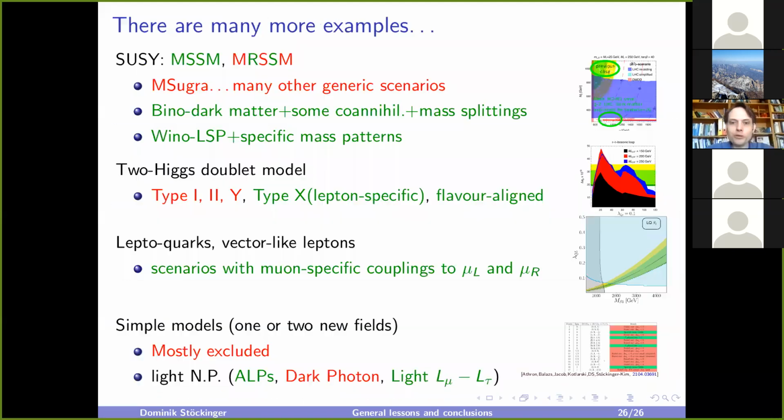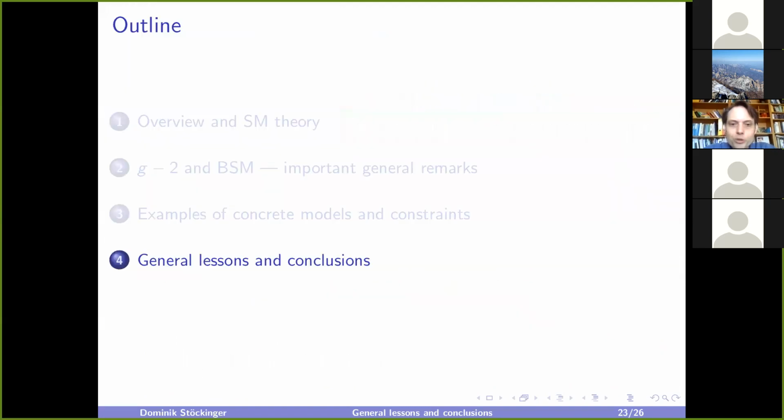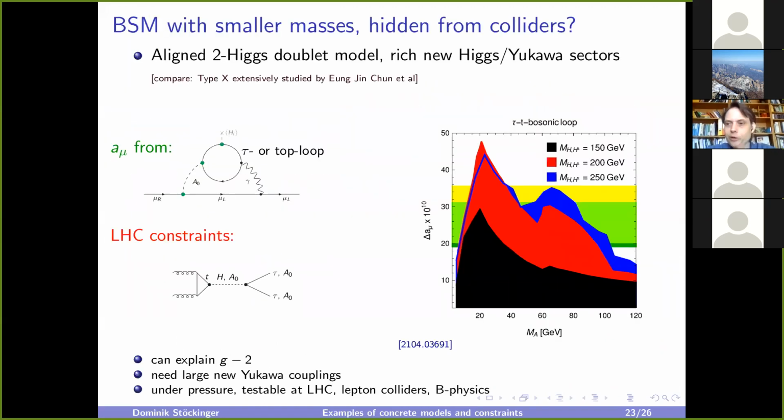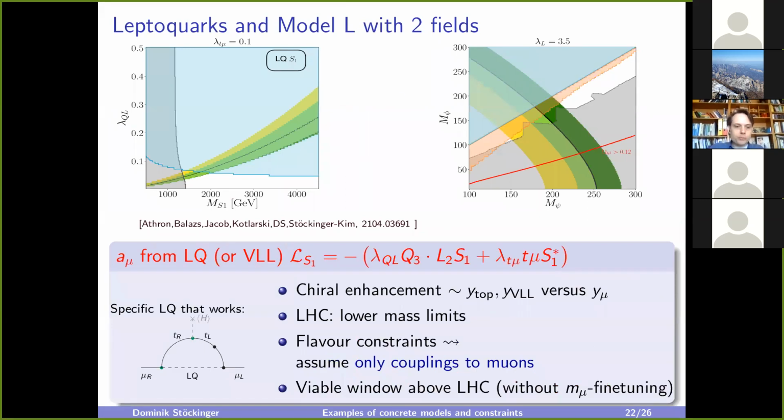Right. Okay, thanks. That is a very good question. So in fact, as I said briefly, in some of those models, the sign is fixed. Sometimes the sign is negative and then the model is excluded, of course. In some other cases, the sign is positive. And in some cases, like in supersymmetry, the sign can be positive or negative. And so the very simple thing is, if you have these chirality flip enhancements, like you do in supersymmetry and in many other models,